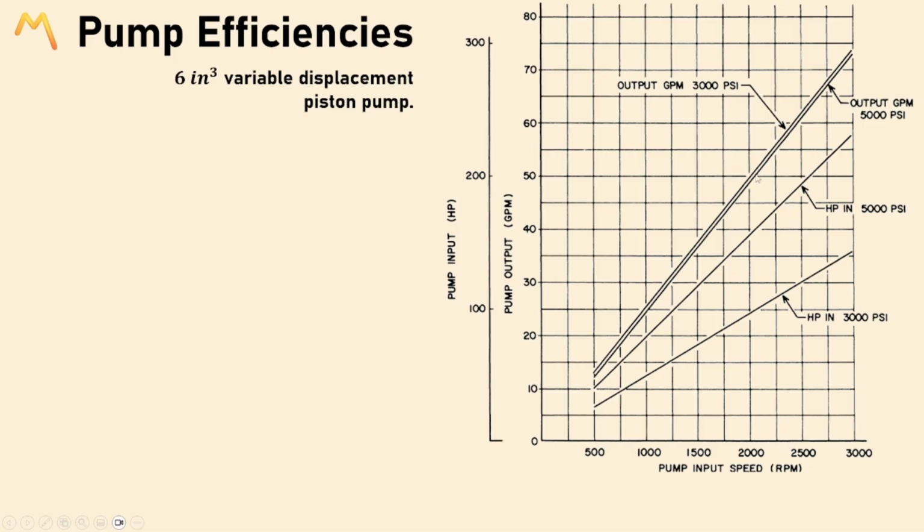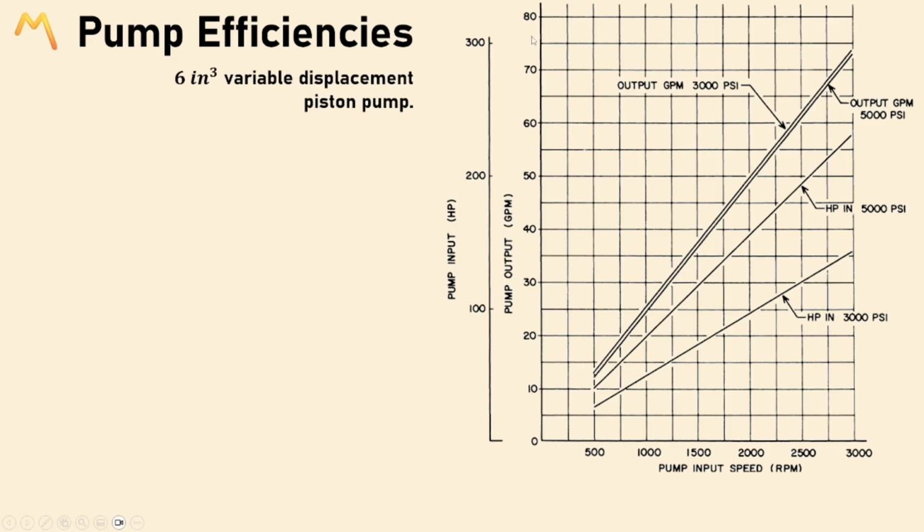These two top lines up here that are running nearly in parallel pertain to the GPM axis. We can see this very top line refers to the output gallons per minute at 3,000 psi and the output gallons per minute at 5,000 psi. So these two lines are talking about how the GPM